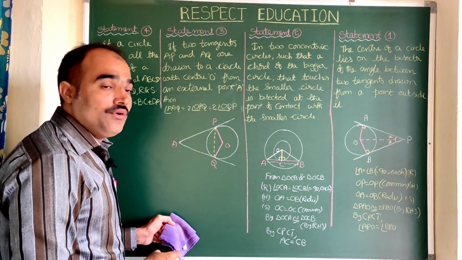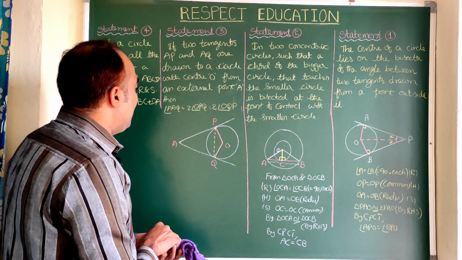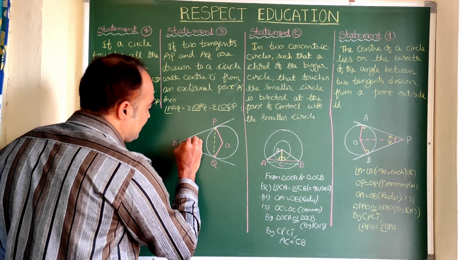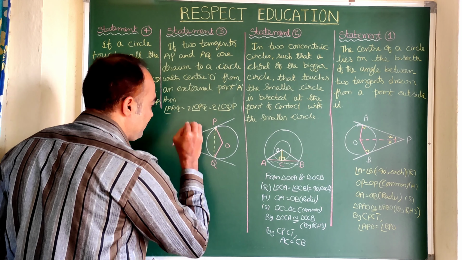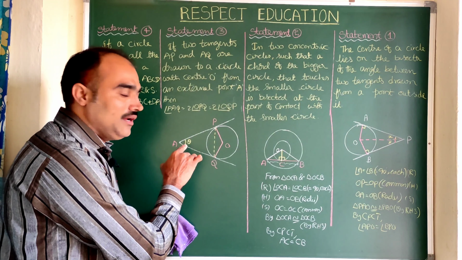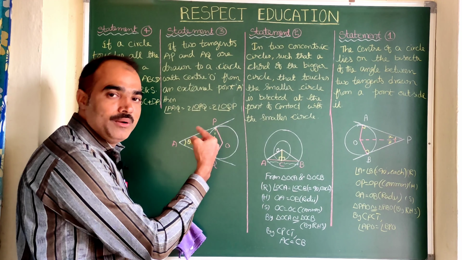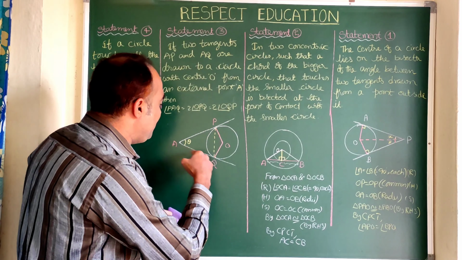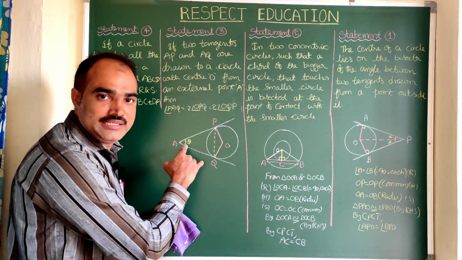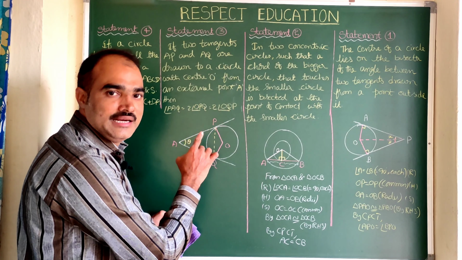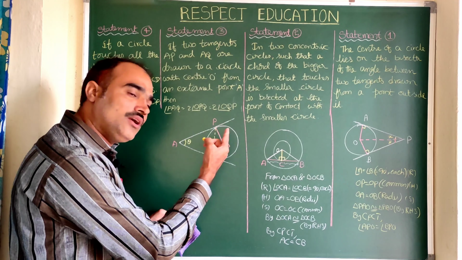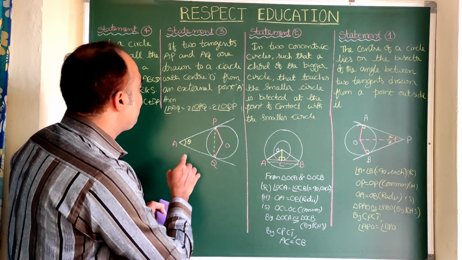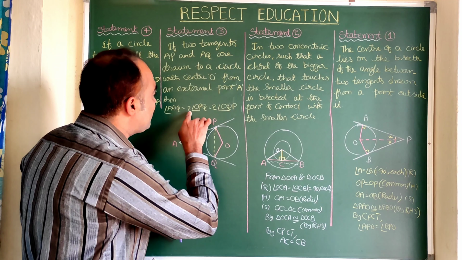Now what we need to prove here? Angle PAQ, this angle, let us label it as theta. You are going to know about this in the upcoming chapter, trigonometry. It indicates the angle. It is not necessary that you take theta here. You can take any other Greek letter, alpha, beta, or simple x and y, or small a and b. No problem. So angle PAQ, theta, is equal to 2 times OPQ.